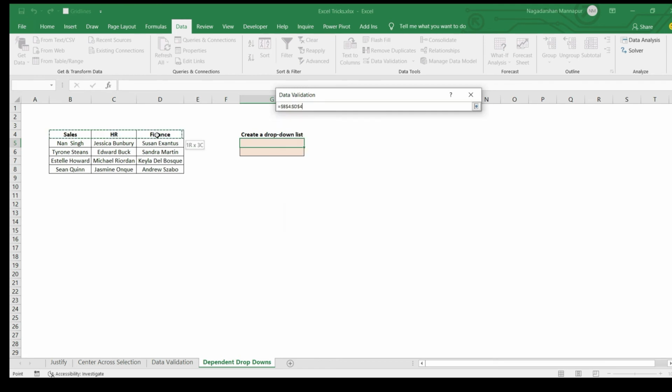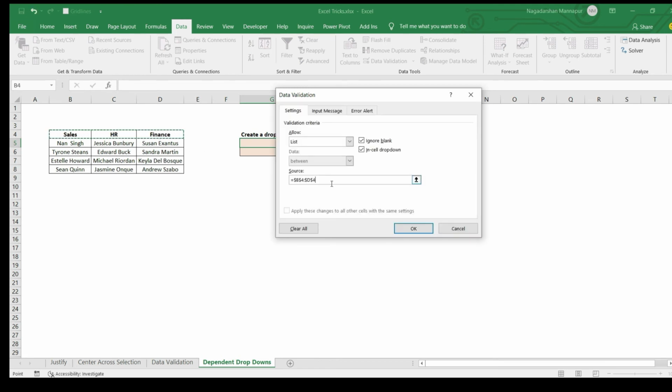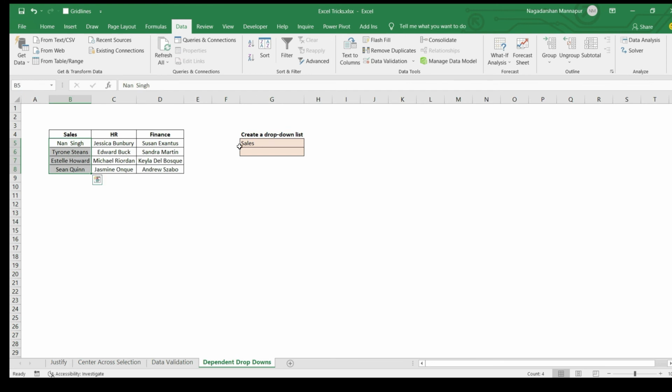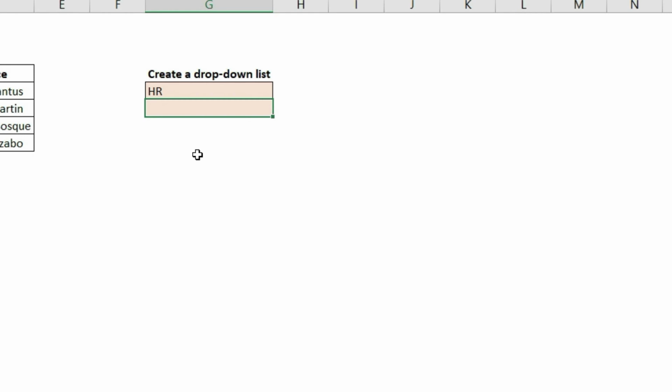I'm going to select it, or I could have typed it manually as well. So sales, HR and finance, it will come. If I select sales, I need to get the list. If I change the department name like HR, I want to get this list. So how is it possible? This is the concept of dependent drop down list.